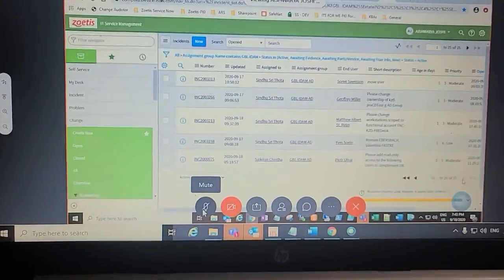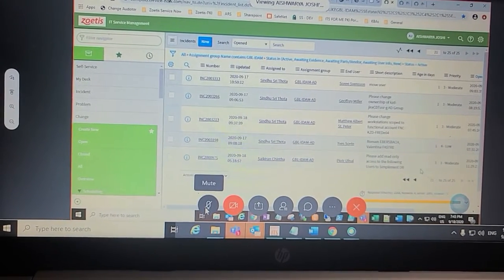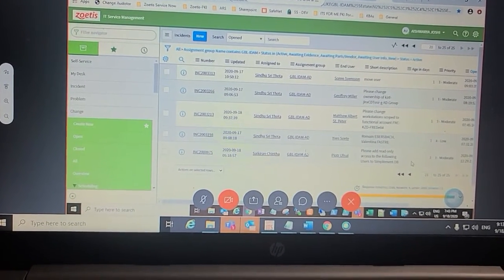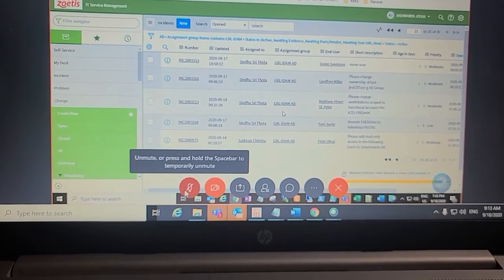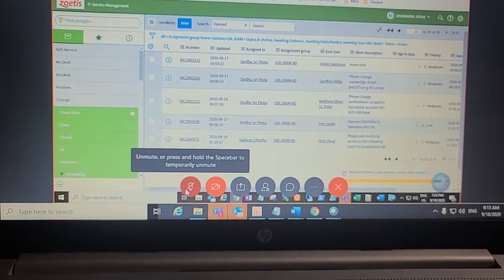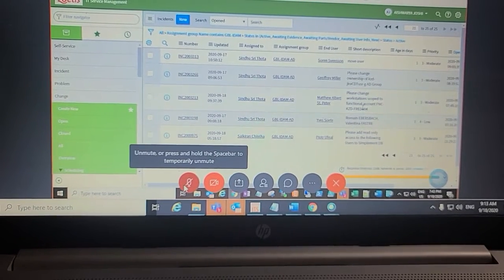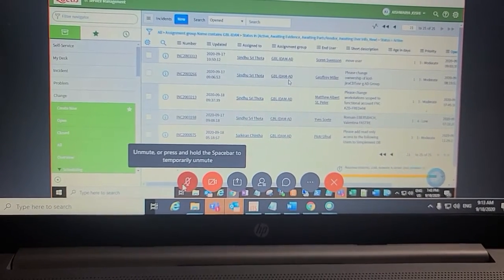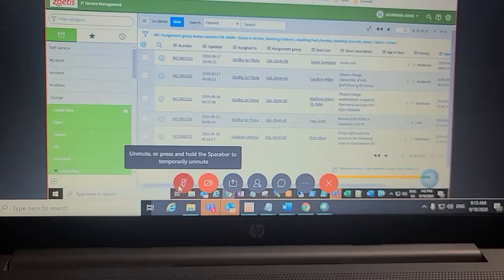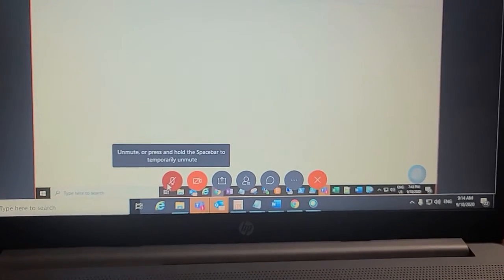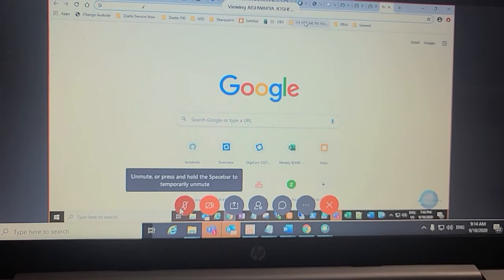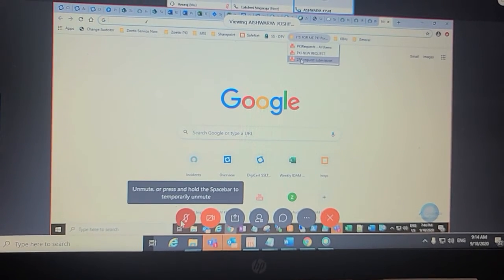So these have all the assignment group in this incident, in the 2FS section only. I will show you that as well, how to raise the request in the It's For Me portal.